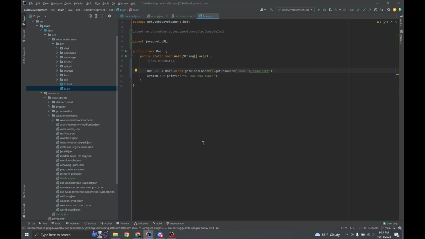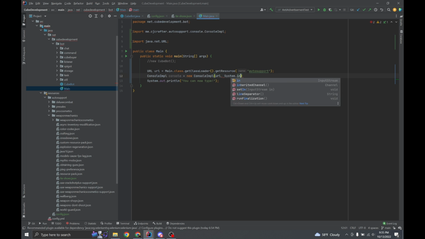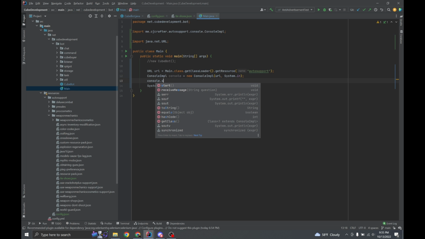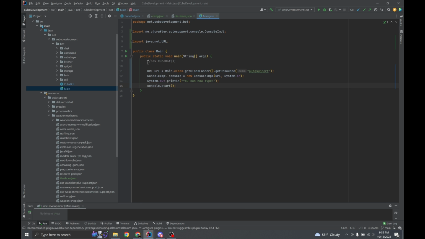All right, we're going to test this in console instead of Discord just because that is easier to show. So to do that, we're going to add a console implementation. Console is equal to new console implementation. You have to send that a URL and System.in, or whatever you want your console to be, and console.start, though that should be called after this print statement because console.start will eat the thread and you will never see that thread again. All right, actually this should be enough. So if we run this